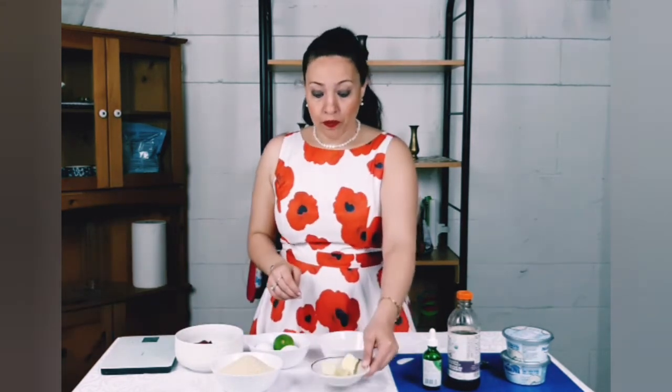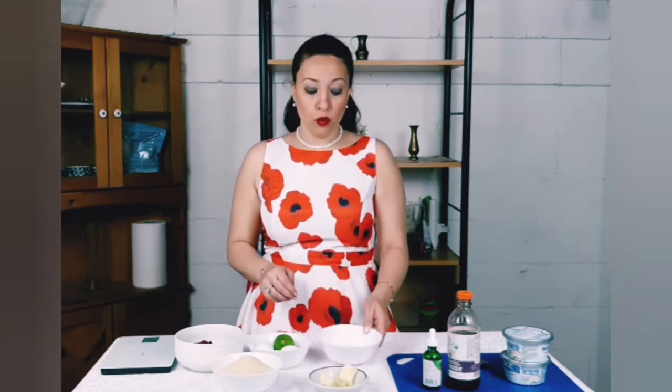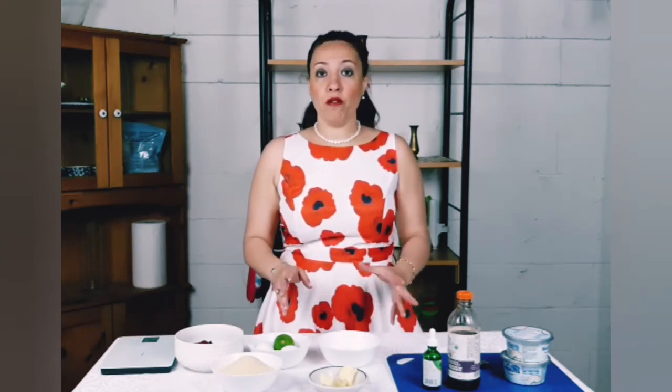150 grams of almond flour and 3 tablespoons of butter. Also, we will need 2 tablespoons of your favorite natural sweetener. Today I'm using erythritol, but you can also use any other type, stevia, monk fruit, or xylitol, whatever you are